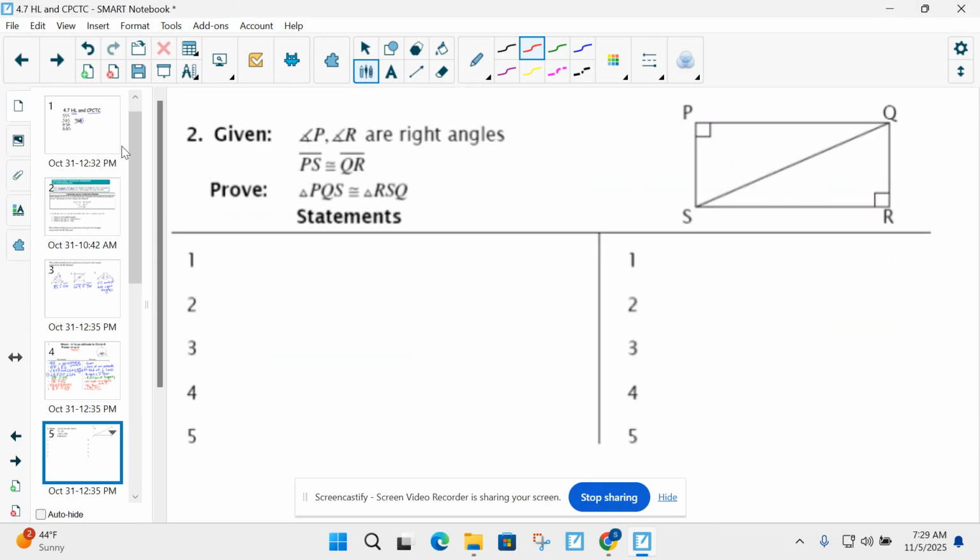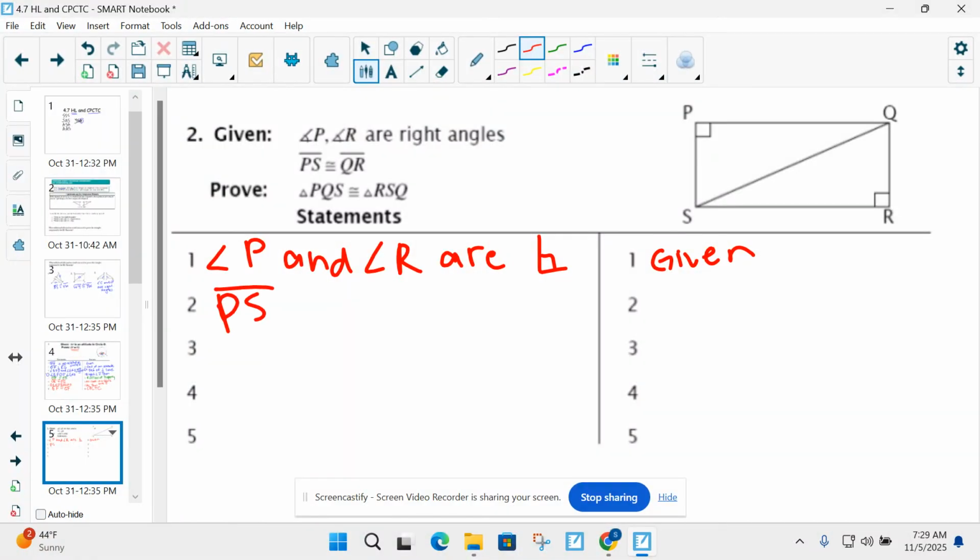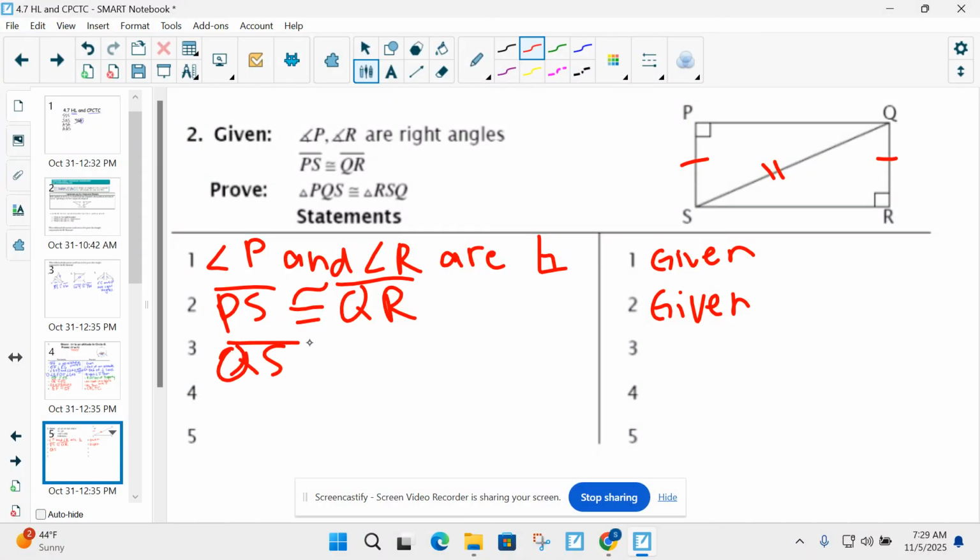All right, so here's another proof. Angle P and angle R are right angles. Just use an abbreviation here. That is given. And PS is congruent to QR. And that's given. I'm going to mark the PS and QR. Okay, so we also know that QS overlaps, so we can say that QS is congruent to